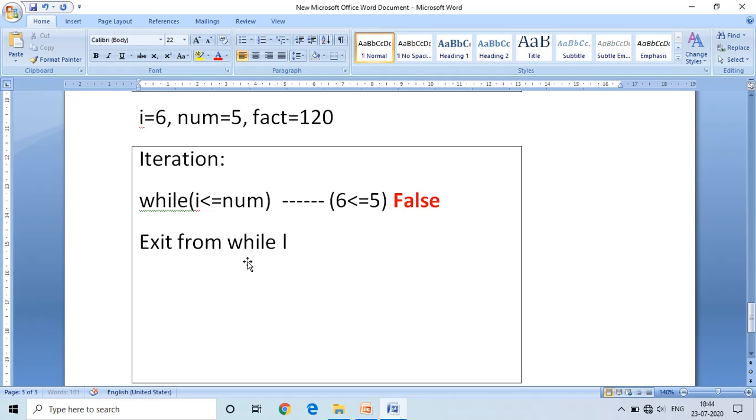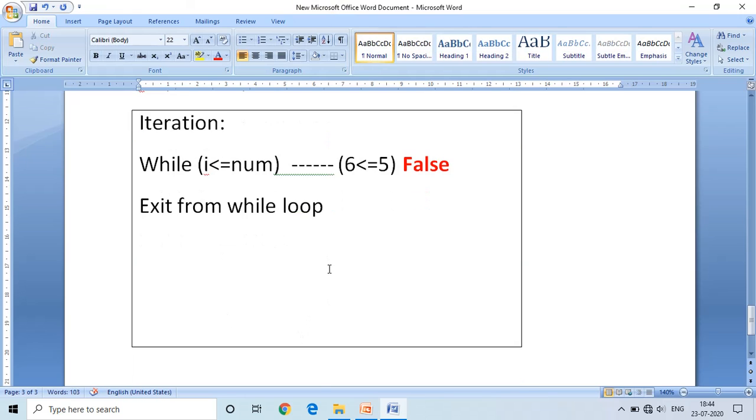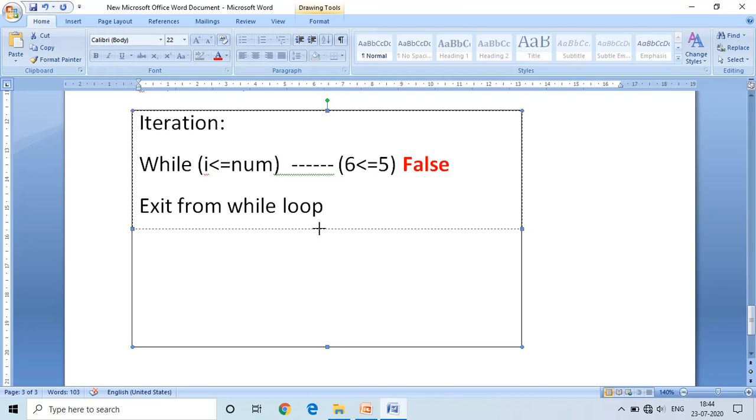Exit from the while loop. At the time of the sixth iteration, it checks the condition. The condition is false. That's why it exits from the while loop and it executes the following instructions of the while loop.